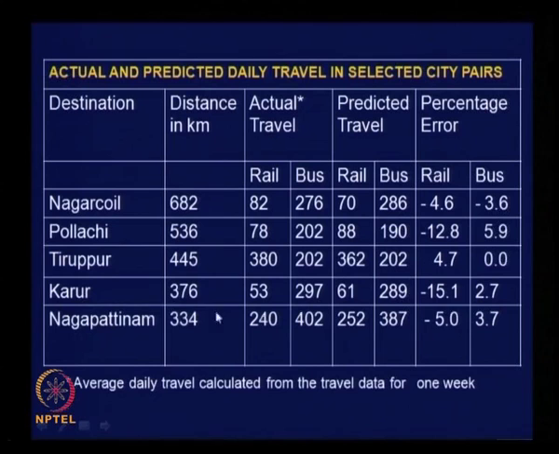It varies. In one case for Karur we get minus 15.1, and for Pollachi we get minus 12.8%, and there are special reasons for getting a little higher value. If you look into the actual route followed by the 2 modes, and other alternatives available over part of the stretch, etc., you will be able to reason out the higher error, but overall this kind of error, up to 12%, even 15%, when you take things at a macro level, it is possible to get such error,